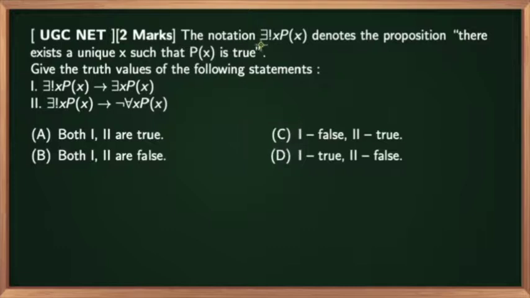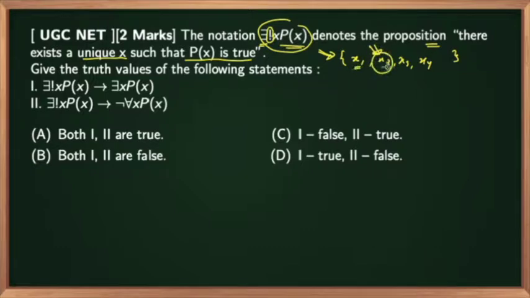The notation there exists, you can see an exclamation mark here, right? There exists exactly one x, p of x, denotes the proposition there exists a unique x such that p of x is true. Okay, so what it says is that this particular syntax of predicate is true. For example, let's assume you're having a domain x1, x2, x3, and x4. So exactly one of these should be true. For example, if x2 is true,